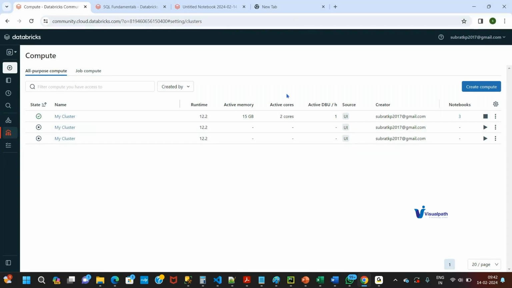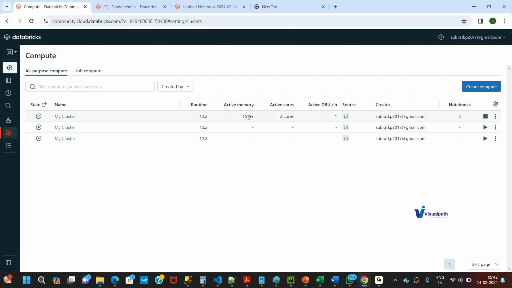See, the Community Edition is basically for learning purposes. Usually we go for a full-fledged Databricks subscription when you go to your project, when you do real-time implementation. There you have storage, there you have the cluster, and usually the idle time is 2 hours. But in a real-time scenario, the idle time you mention is usually 10 minutes because you want to minimize the cost. Because if nobody is using the cluster, you're just keeping it idle,